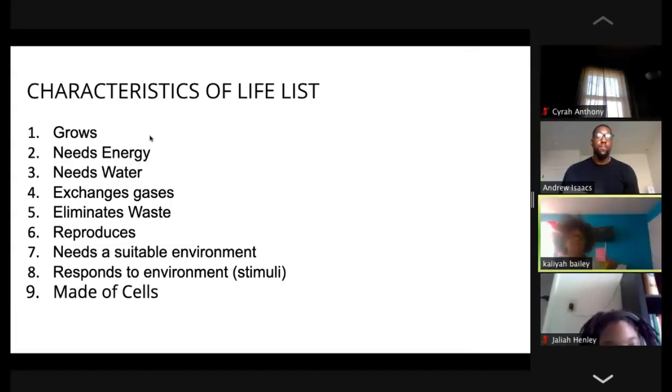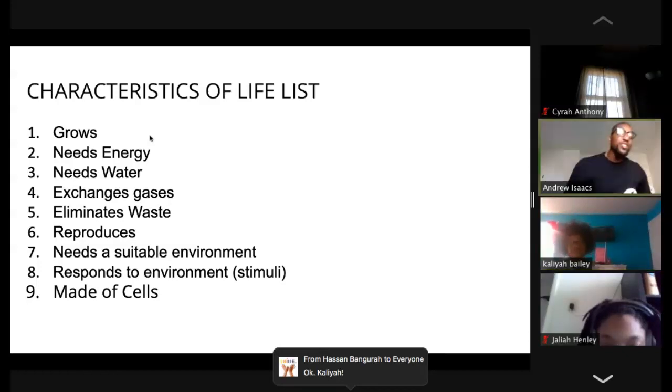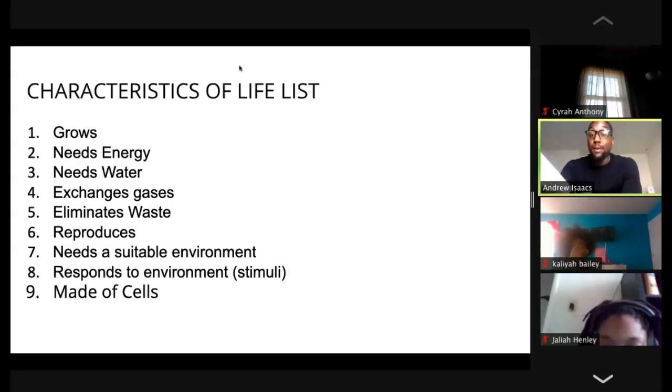I know it exchanges gases because it needs all these things to multiply and stuff. And I don't know how to explain it. Okay. So actually, we don't know if it exchanges gases yet. We haven't gone over that part. So we're going to keep learning more about bacteria to see whether or not it can exchange gases. But if I had to guess, I would say, maybe, who knows? We've got to figure it out, right?